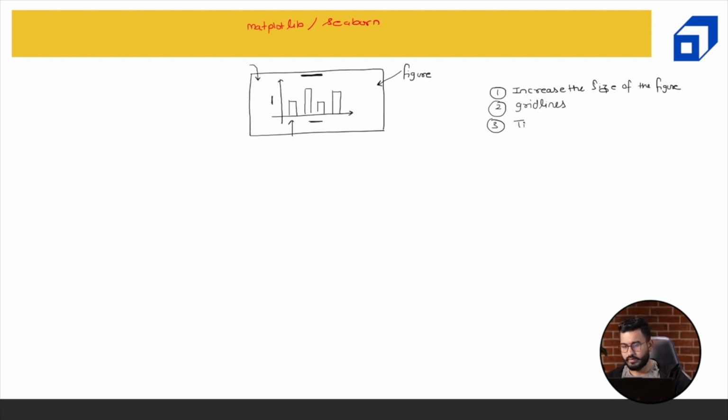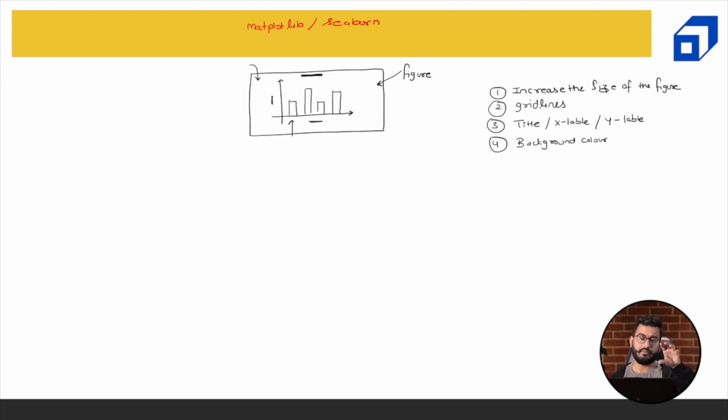So title, X label, Y label. Let's say you basically want to change the color of the background. Background color. So like this, if you want to do anything with the figure, with the background, with the virtual space